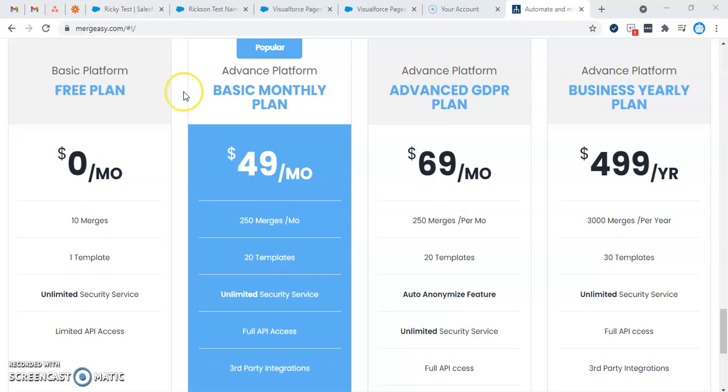Hello everyone. In this video I'm going to show you a demo of the integration between DocuSign and Salesforce using MergeEasy. The reason behind using mergeeasy.com is that usually whenever we are supposed to send the contract